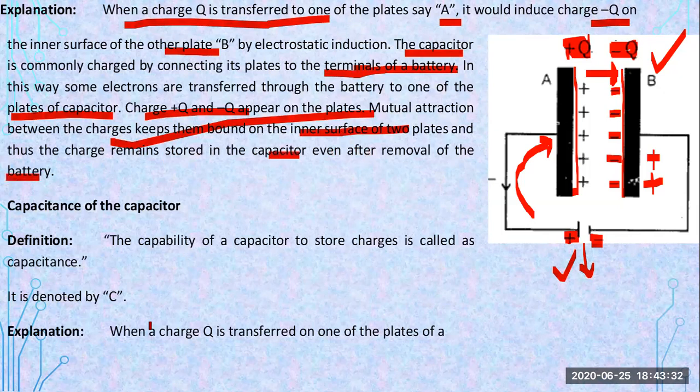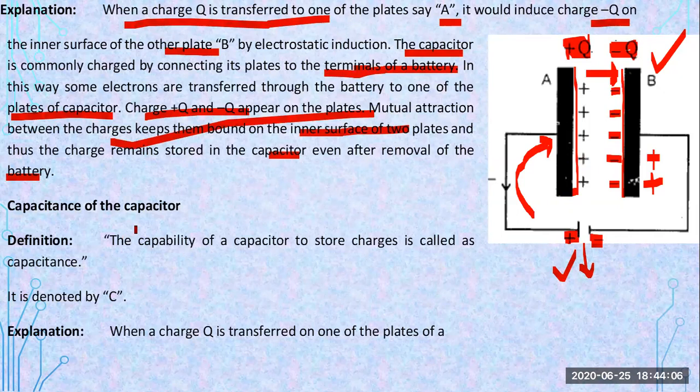So this is the concept of how the charges are stored, due to the electrostatic force of repulsion between the charges at the initial stage. This positive repels the other positive, there will be a negative charge, and these negative and positive charges will be present due to the force of attraction between the two. So they will remain at their own plates, because there is no conductor connected between the two plates. Due to this force of attraction, they will remain at their plates. So this is the concept of storing the charges on two plates.